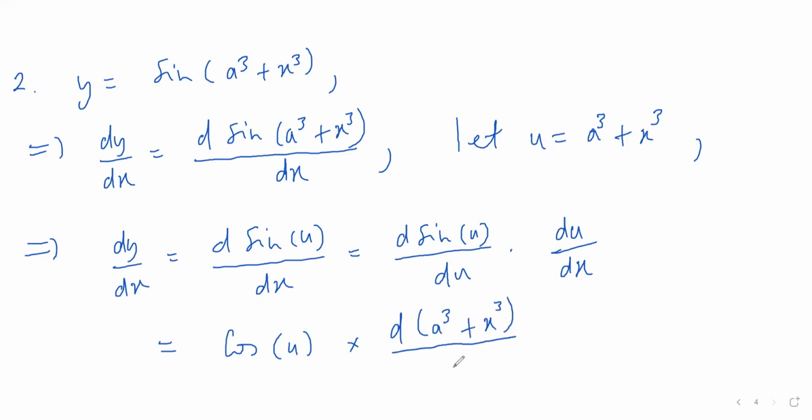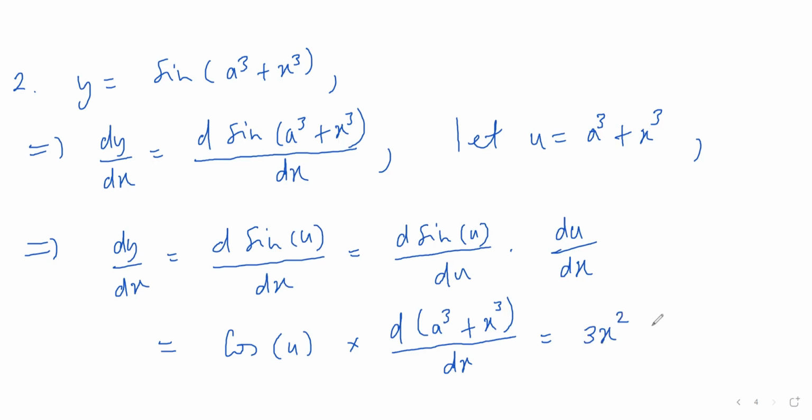And we differentiate u, of course, with respect to x. And this is equal to the following. So for the derivative of a cubed plus x cubed, you can go ahead and apply the sum rule for differentiation. Differentiate a cubed, which will give you 0, plus the derivative of x cubed, which gives you 3x squared. So then your answer is 3x squared